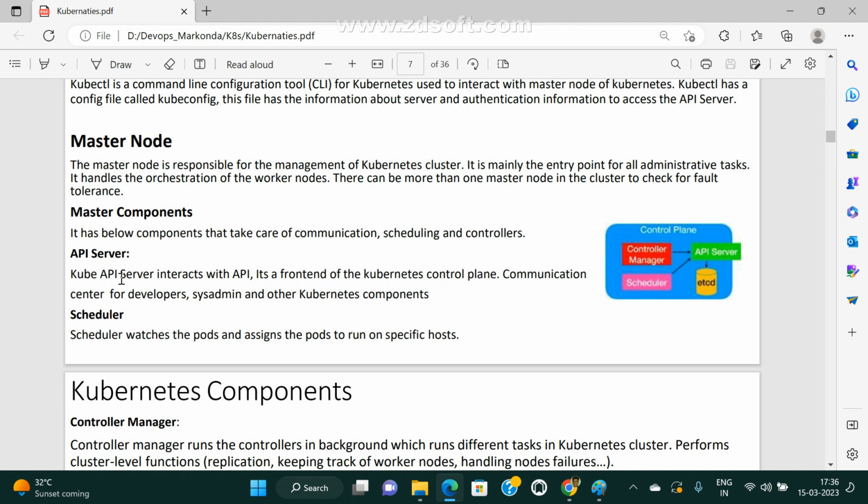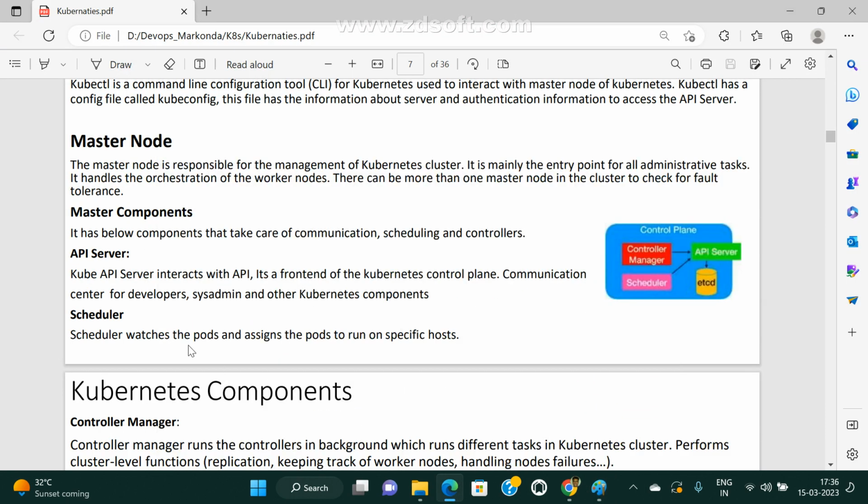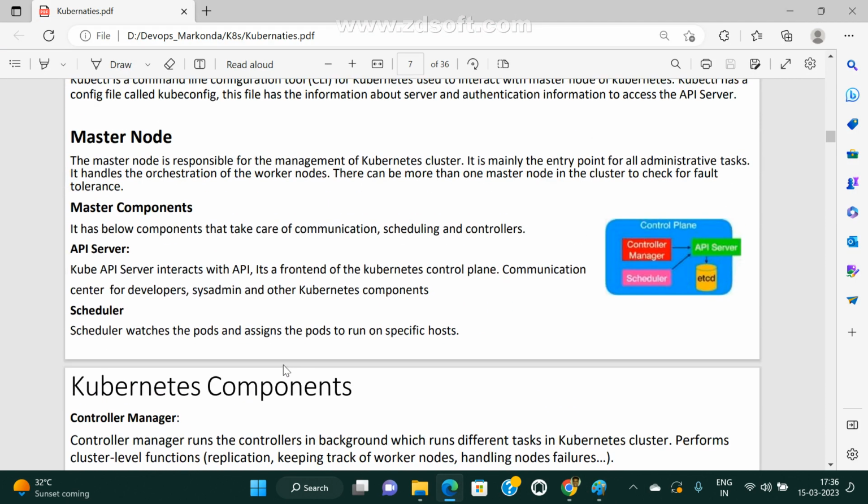I send one request, maybe via CLI or through the user interface, and the request goes to the API server.